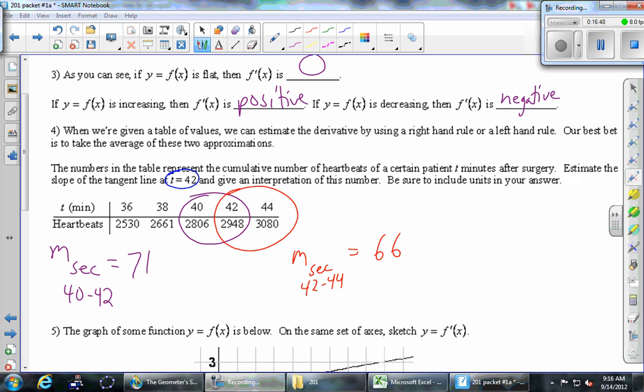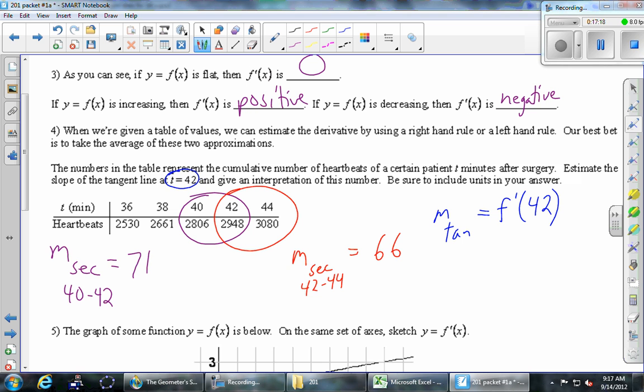First we'll interpret them after we average them. So we're just going to average these 2 numbers, and we're going to call that the slope of the tangent line. At least that's our best guess. If I wanted to write it in derivative notation, I would write f prime of, think for a second, there's a number that goes in those parentheses. It's 42. It's the number that we are focusing our attention on. It's the input variable, t in this case. According to our calculations, if we average these, that's our best guess for the slope of the tangent line.